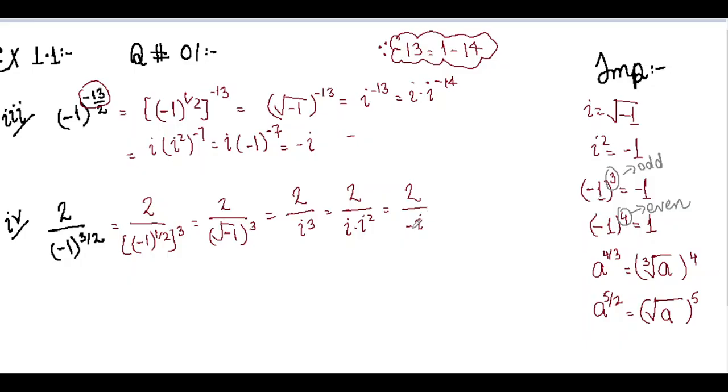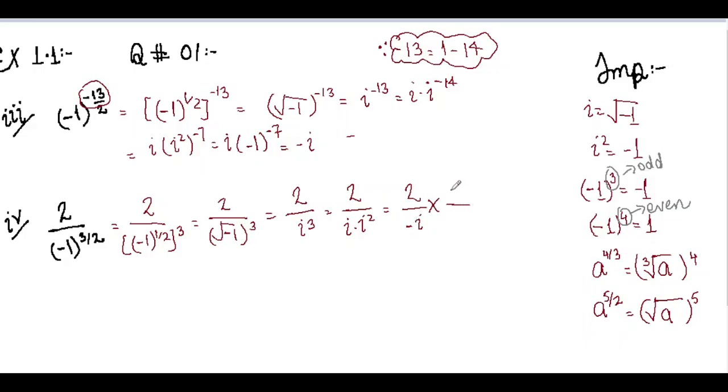Now whenever there is a complex number in the denominator, that's not our final answer. We have to multiply and divide that fraction by its conjugate. Now what's a conjugate? Conjugate is just changing the sign of the imaginary part of the complex number. So the complex number over here in the denominator is minus iota. What will be its conjugate? Just changing the sign of the imaginary part. The sign here is negative, we'll change it into positive.